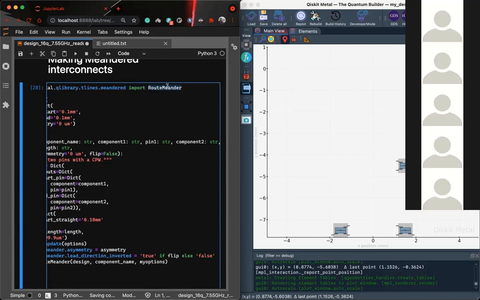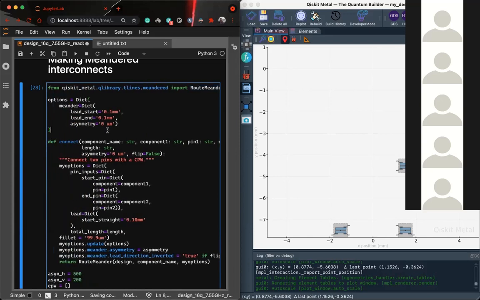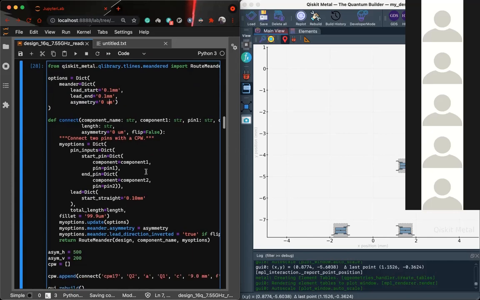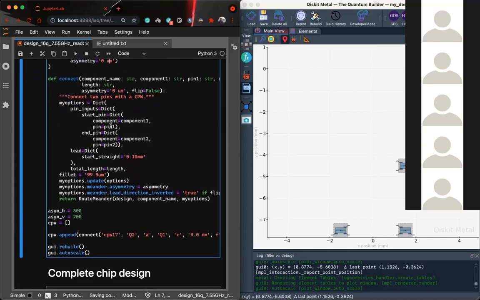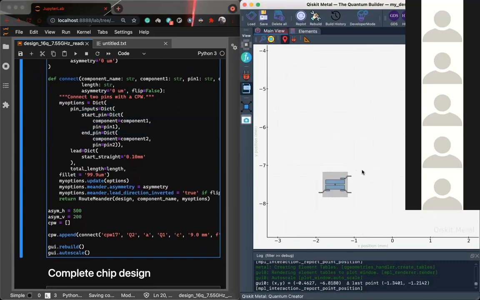We use this root meander function and provide some options: where we want the lead to start and where we want it to end, and asymmetry, which is how much gap we want in those meandered paths. Then you can specify the start pin and ending pin. I want to start from this pin and end at this pin, so I specify the pin numbers.